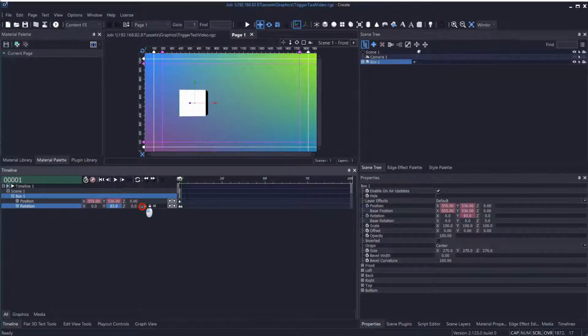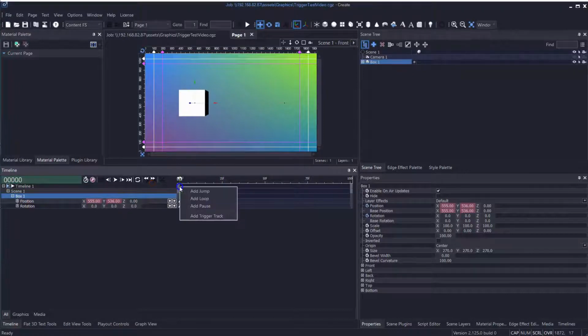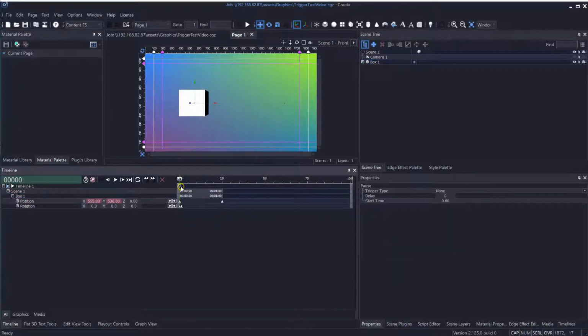And this is just so we know that it's actually done its move. And then we'll just do a position move. And then at the beginning we're going to put in a pause marker. And this pause marker, name trigger,